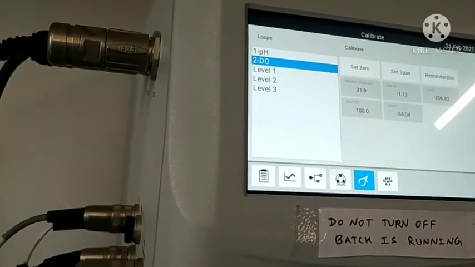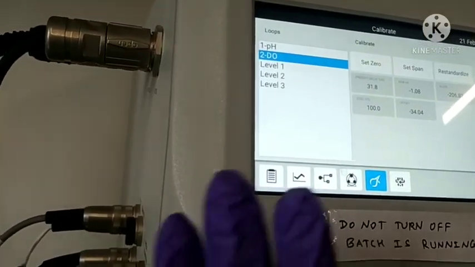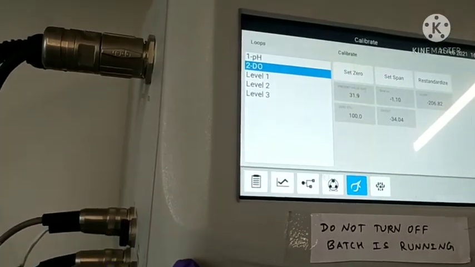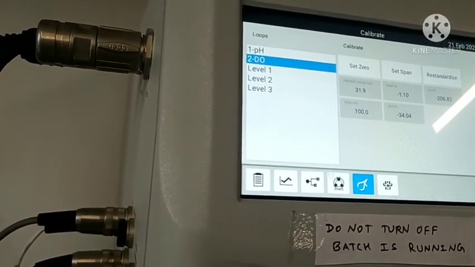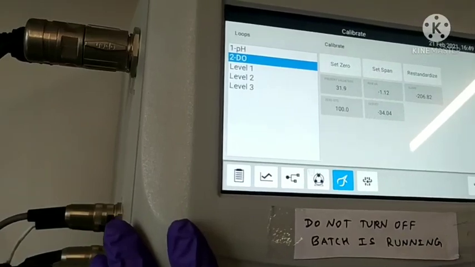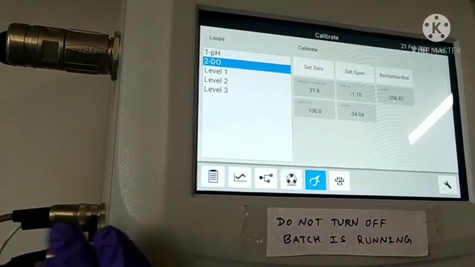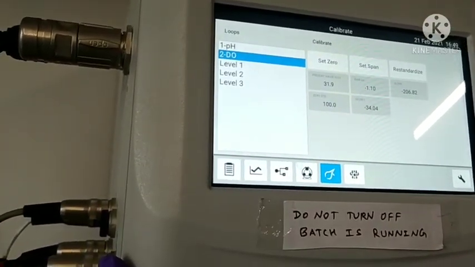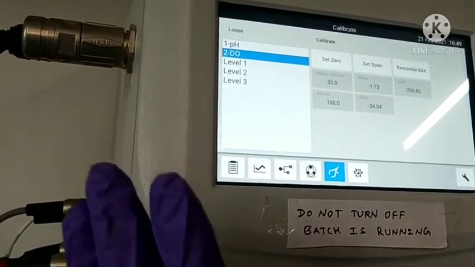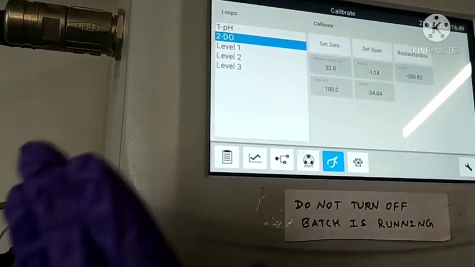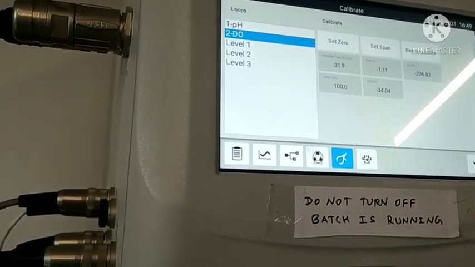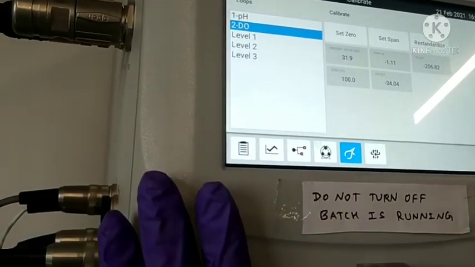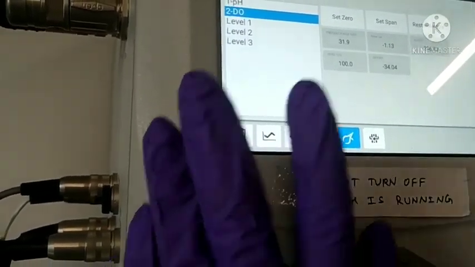When you autoclave, there is a change in the oxygen level, and you have to stabilize it. You have to polarize the DO membrane probe, which requires around 12 hours minimum. After the autoclaving, when the temperature reaches lower than 30 to 40 degrees, you connect the DO probe line with this unit, and it will automatically polarize in 12 hours. After that it will show you the exact current and value.